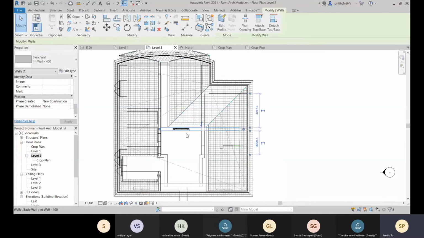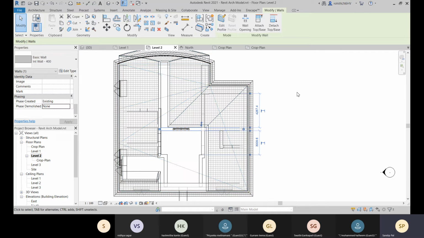So for that, suppose this wall was already there, so you can go for this existing phase created, which is already created. And if it is demolished, you can define that it is demolished in the new construction phase. If you are demolishing, then you can specify that it is demolished in this phase. Okay, so this is how you can define.